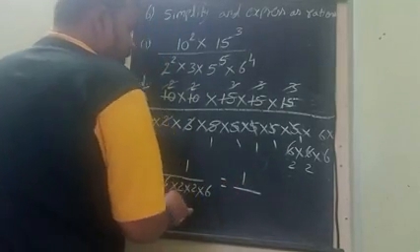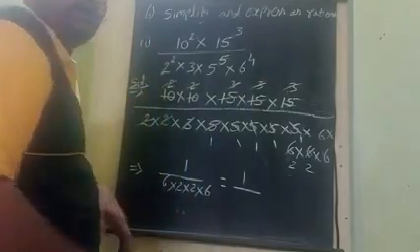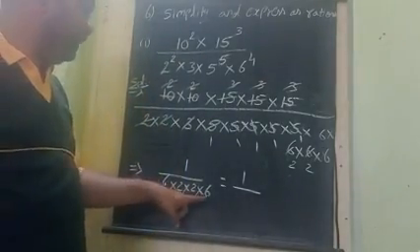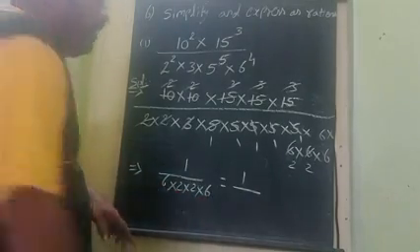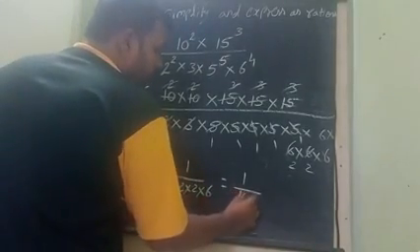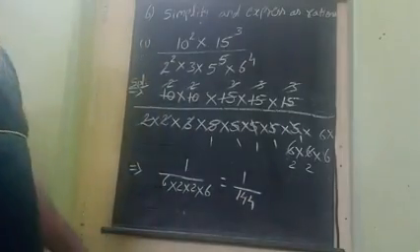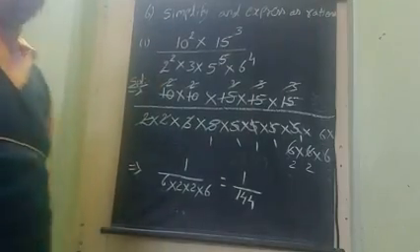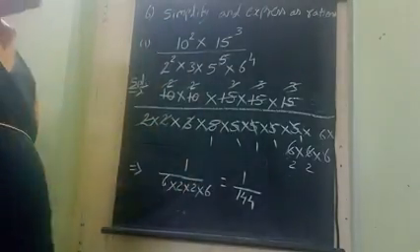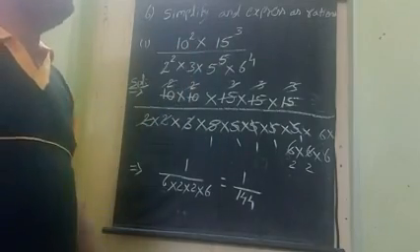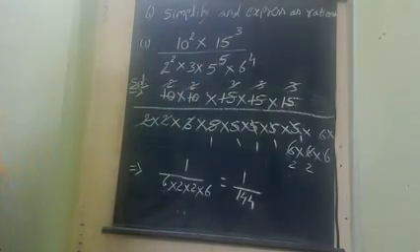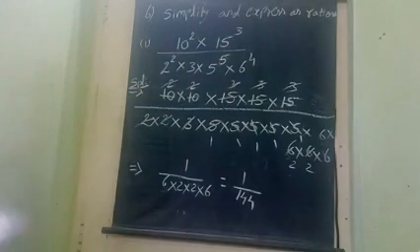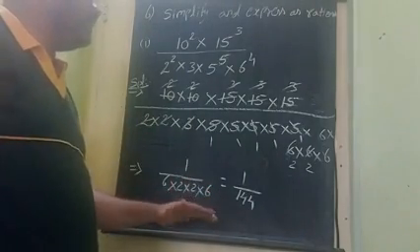1 by 6 2s are 12. 12 2s are 24. 24 into 6. So multiplication: 6 2s are 12. 12 12s are 144. The answer for this sum is 144. Like this form we have to do the sum. Why we are taking the expanded form is because the bases are not the same. So we take the expanded form and write the sum. With this sum, today's CW is completed.